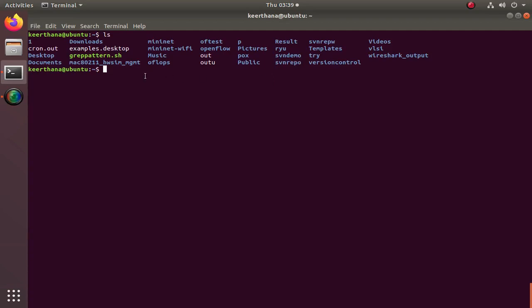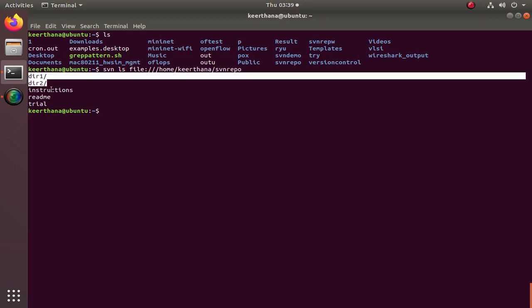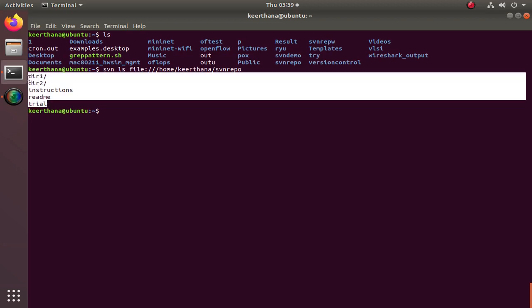To list, with svn you can type either ls or list and then the path of your repository. My repository is on my local host, so you have to use file colon triple slash and then the path home and then svnrepo. Now you can see the folders and the text files which I stored in my repository.